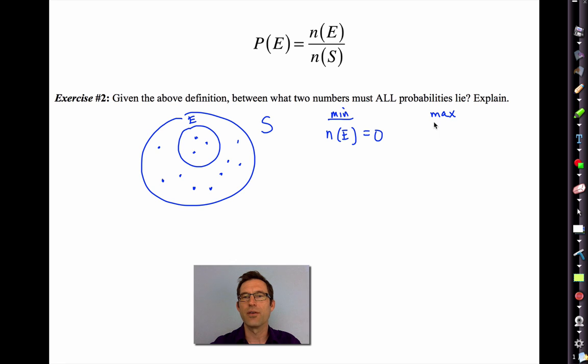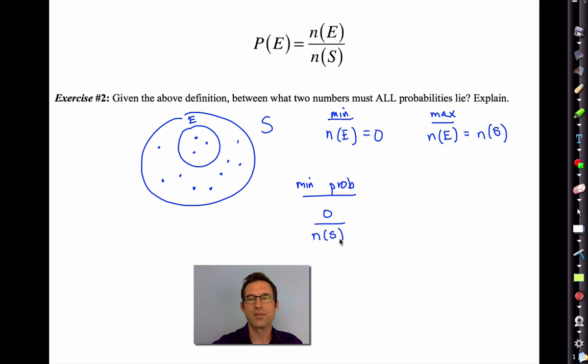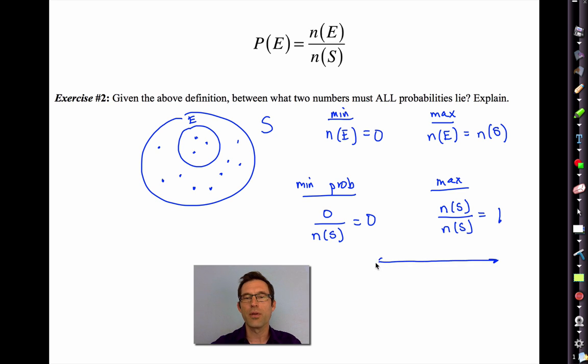And the maximum value for N(E), remember, N(E) just stands for the number of elements in E. The maximum that could be is the number of elements in the sample space, if everything in there lay within E. So that means that the minimum probability would be 0 divided by the number of elements in the sample set, but that's just 0. That's the minimum that your probability could ever be, so no negative probabilities. And the maximum that the probability could be would be N(S) divided by N(S), but that's just 1, right? So all probabilities